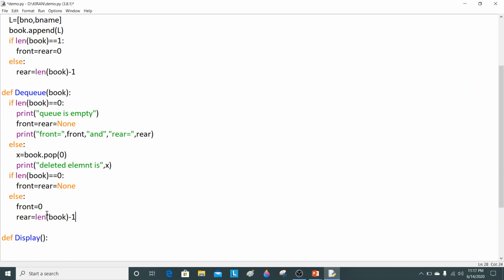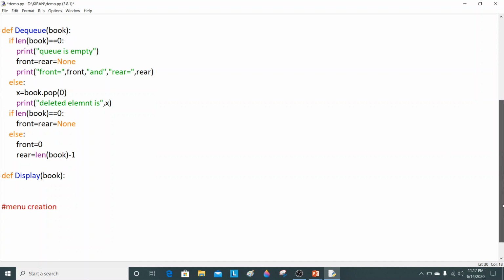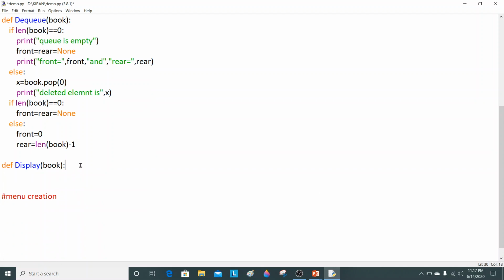After that, I have to write down the code for the display of the elements. So again the parameter here is book. Displaying the elements from the queue means we need to display the elements starting from the first element of the queue till the last element.